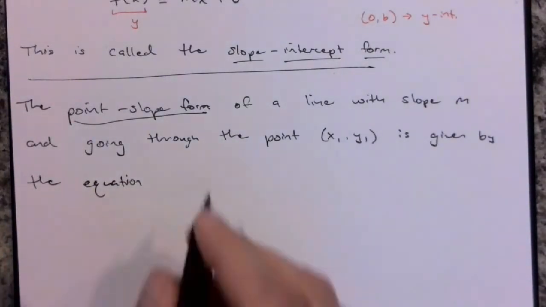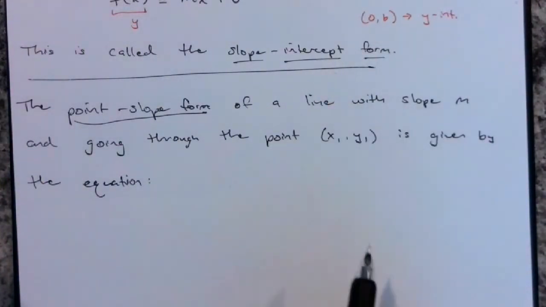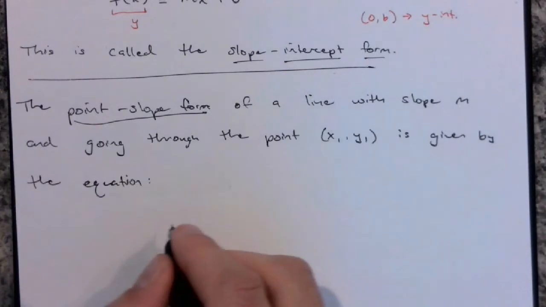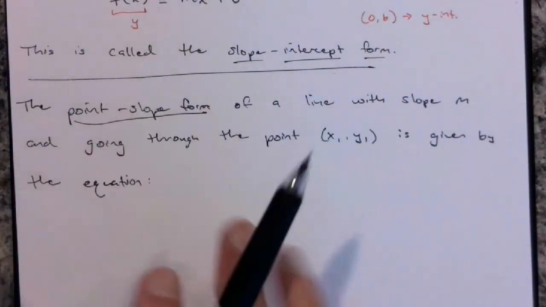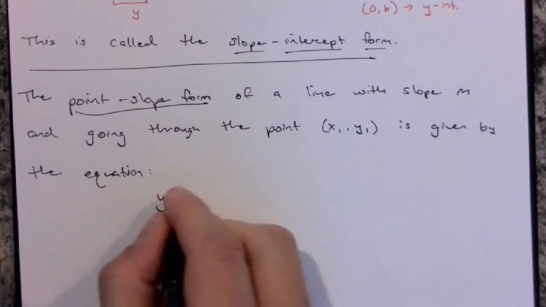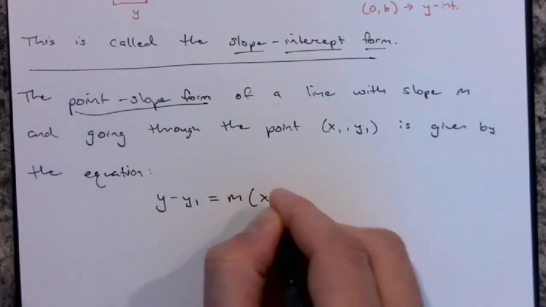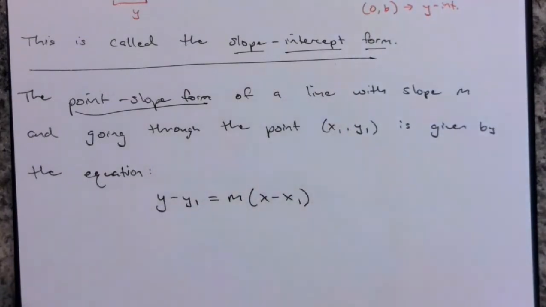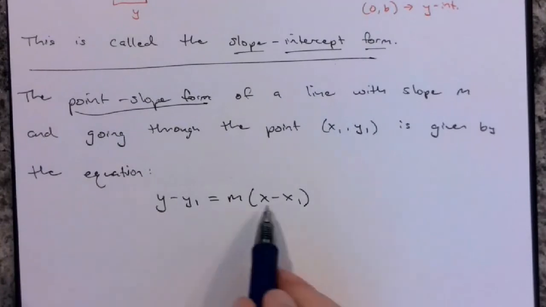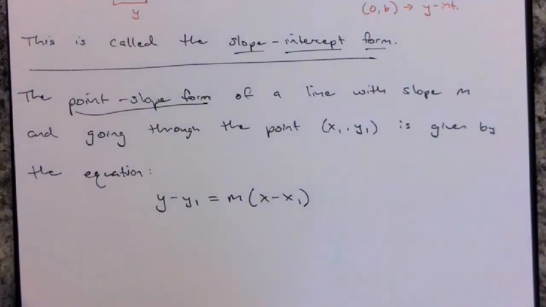Now, when I say it is given by the equation here, this x1, y1 is just a point you know, m is a slope you know, and you still need a y and an x, just like you did in the form above. But the way we write it is y minus y1 equals m times, in parentheses, x minus x1. When I do this, the x1, y1 are the point you know, m is the slope, and the y and the x are going to stay y and x. So it's giving you another form